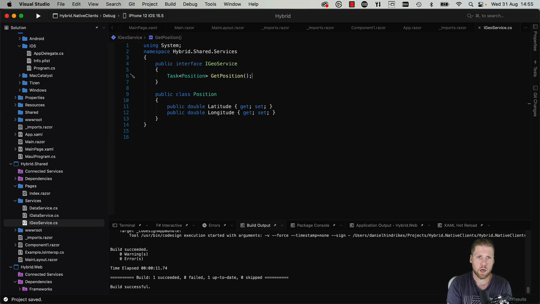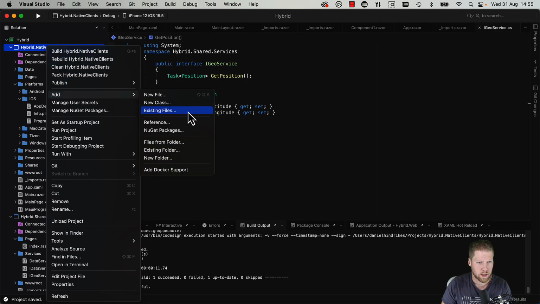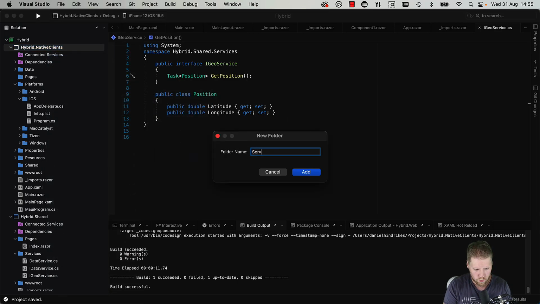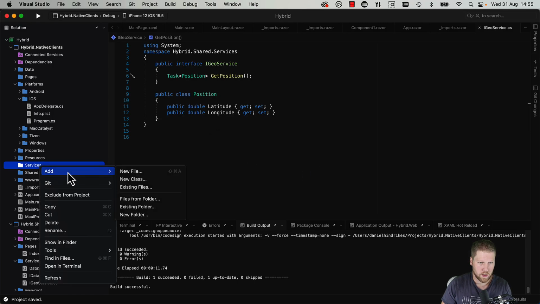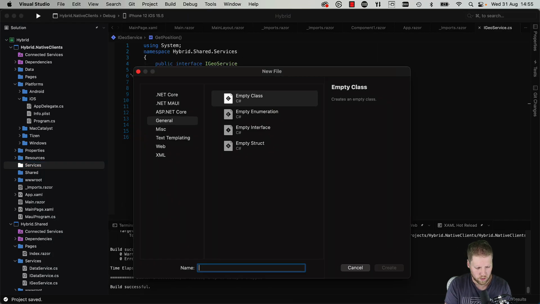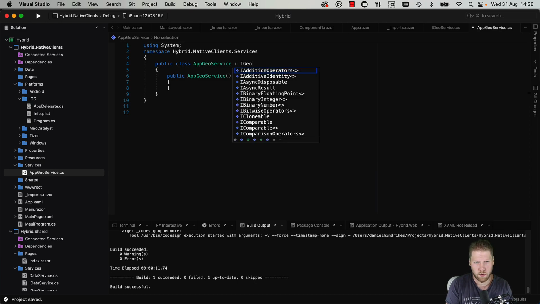Okay, now we can go and create two different implementations of this. So we do that in the app project. We create a new folder called Services, and we add a new class. We can call it AppGeoService, just like that. Then we take the IGeoService interface,